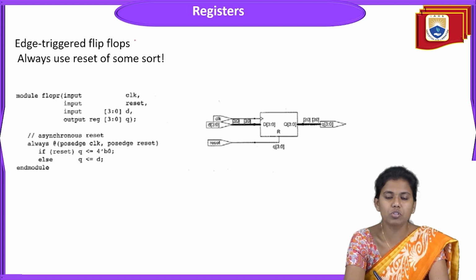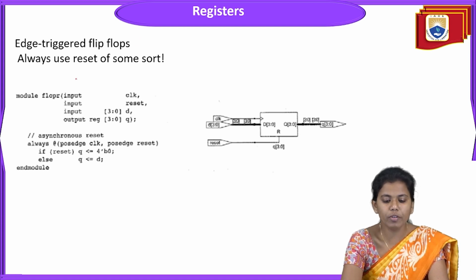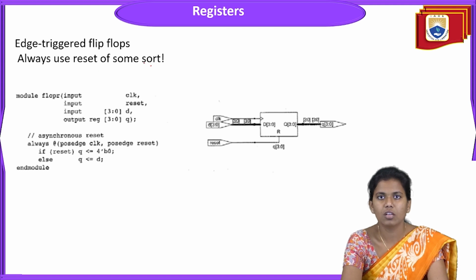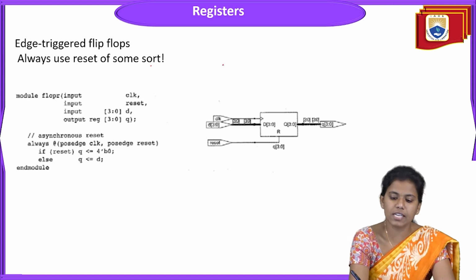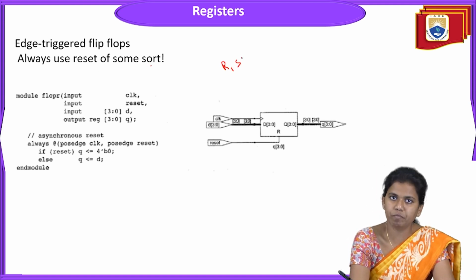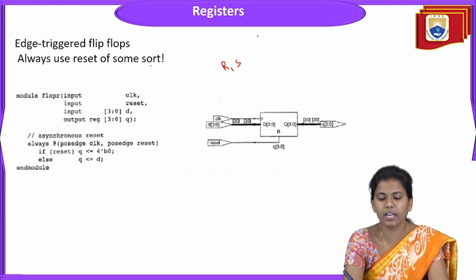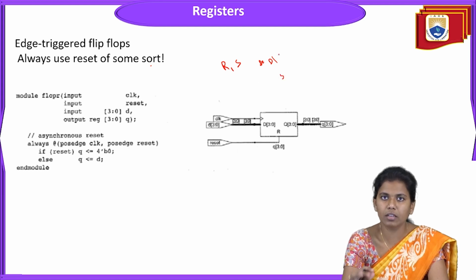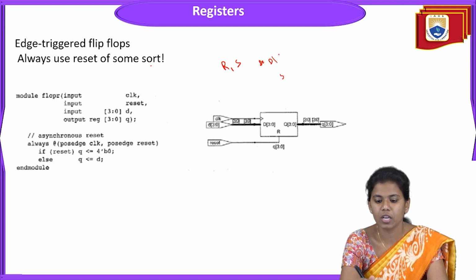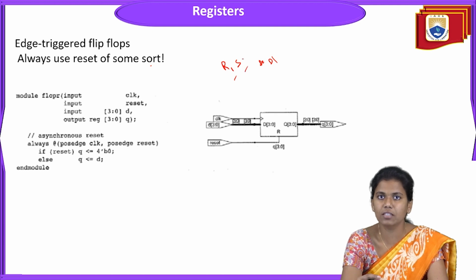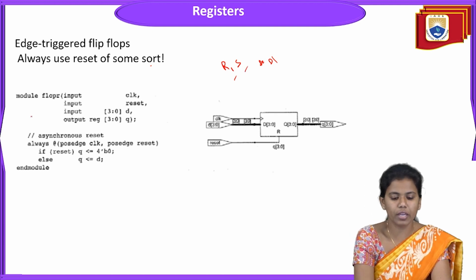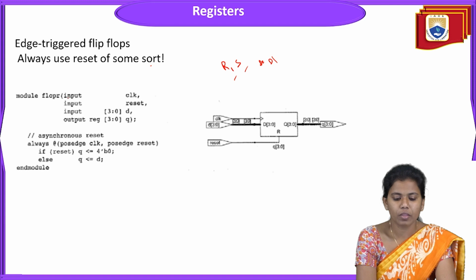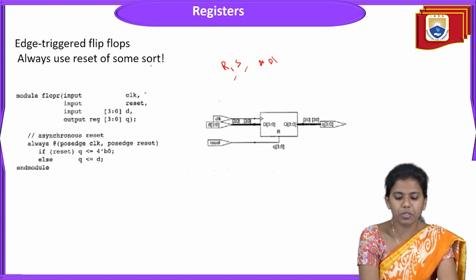So when it comes to the edge-triggered flip-flops, always use a reset of some sort. Particularly for set and reset, in the flip-flops we have set and reset, right? Or else D-latch for delay, or else SR latch. Whatever different types of flip-flops we have, using the set and reset, the output will be enabled. So here, module flip-flop, input is clock,